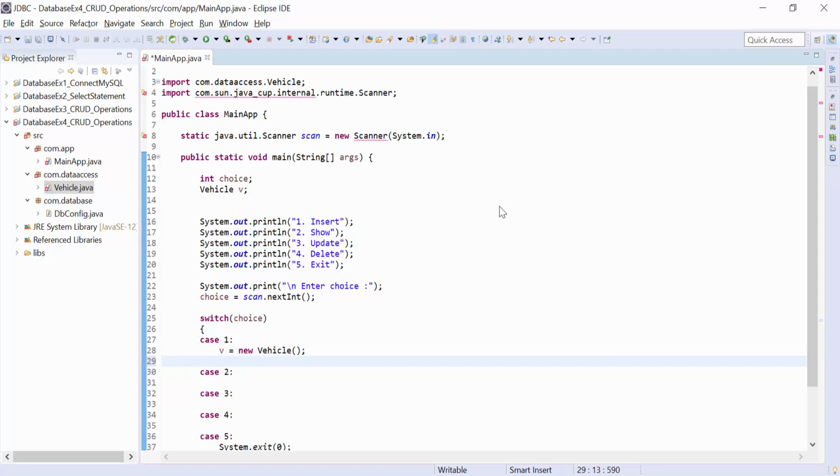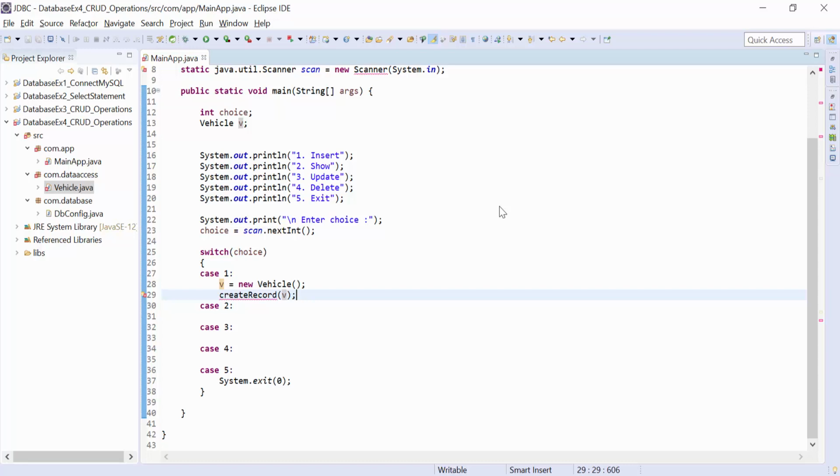How to ask? To ask those details, we write here the create record function, and to this function we pass the object vehicle. Okay, so using this object we create a record. This is actually an empty object.